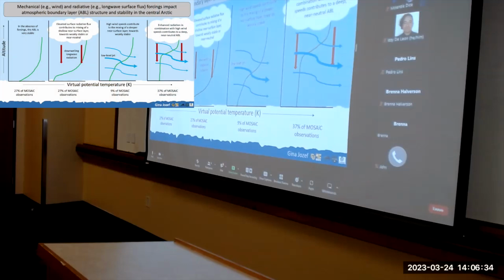The atmospheric boundary layer is the lowest part of the atmosphere that dictates the transfer of energy, moisture, and momentum between the Earth's surface and overlying atmosphere. Understanding the processes that impact atmospheric boundary layer structure and stability is important to reveal how much the surface and atmosphere interact with each other under different conditions. This is particularly important in the central Arctic, where the atmospheric boundary layer is a thin border between a retreating and thinning sea ice pack and a rapidly warming atmosphere.